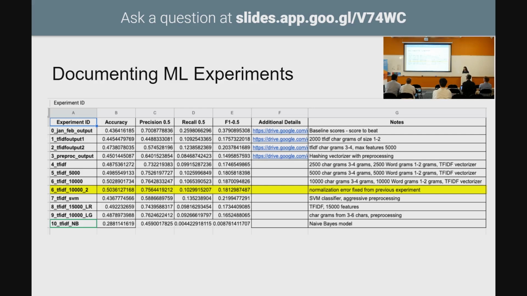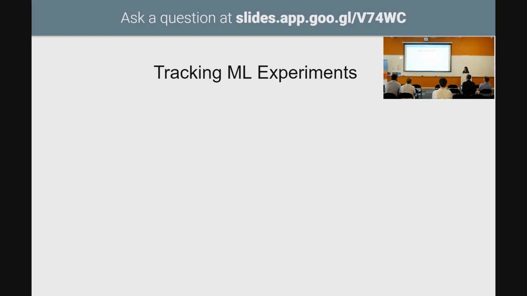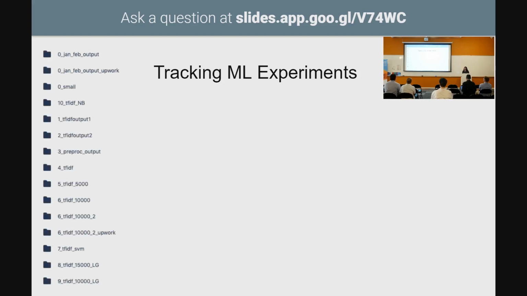So this is how the documentation is happening. How are we tracking it in case we need to reproduce something? Usually in folders. Most people that I talk to have a nice system where they say, I'm very disciplined about what I want to store. I have my folders and a naming convention associated with the folder. If I want to go back, I can go back to experiment 4 that used TF-IDF, or experiment 5 with TF-IDF and 5,000 features. And it's a very common thing that in every space, every vertical that you go to and every person that you talk to has their own system to manage their own experiments.